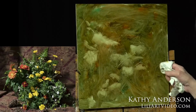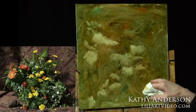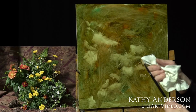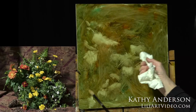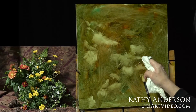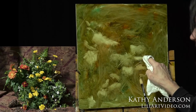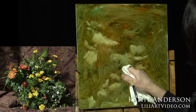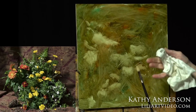All right, so this whole area, maybe it's just going to be these little white flowers. I'm not going to rub them out for the most part, but the reason I left this area up here, once I get all of this down here, which is going to be so beautiful, this one marigold that has the light on it is going to be just beautiful. This one back here, and one over here. Then here,